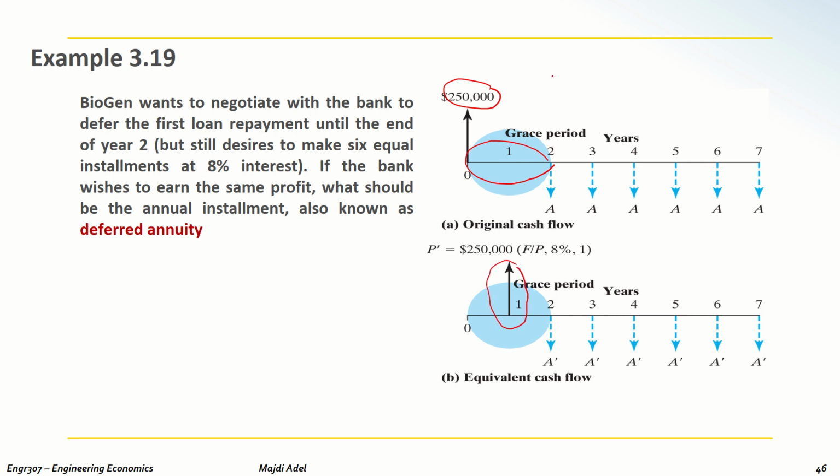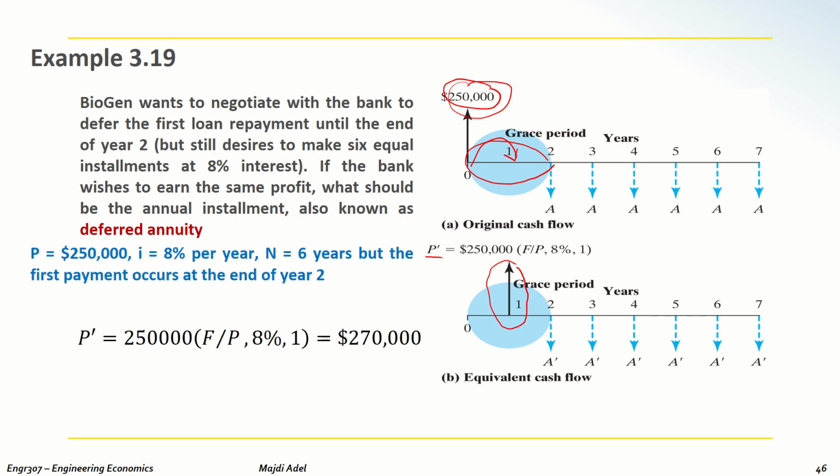and he's going to compound this $250,000 for 1 interest period. So the actual loan is going to be $250,000 compounded for 1 year at 8%. Calculate F given P at 8% and 1 year, which is